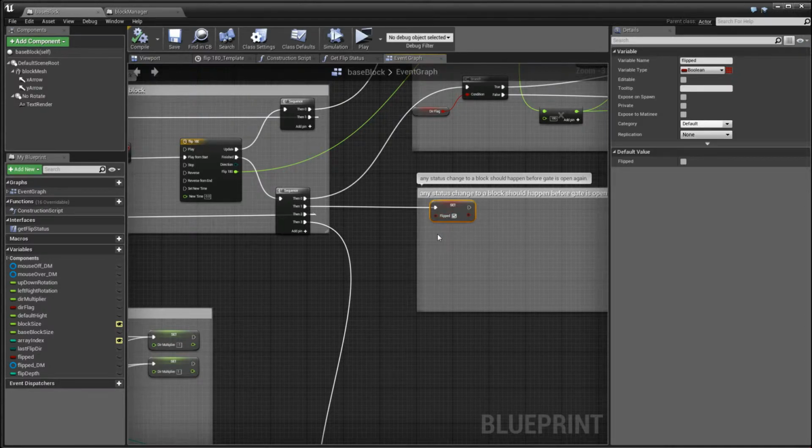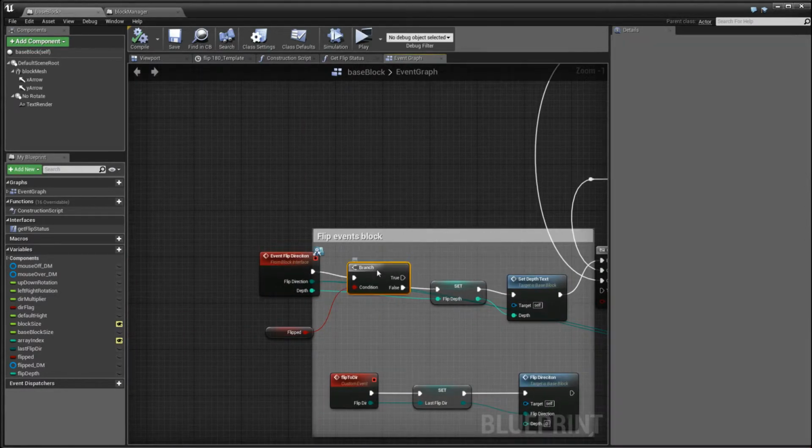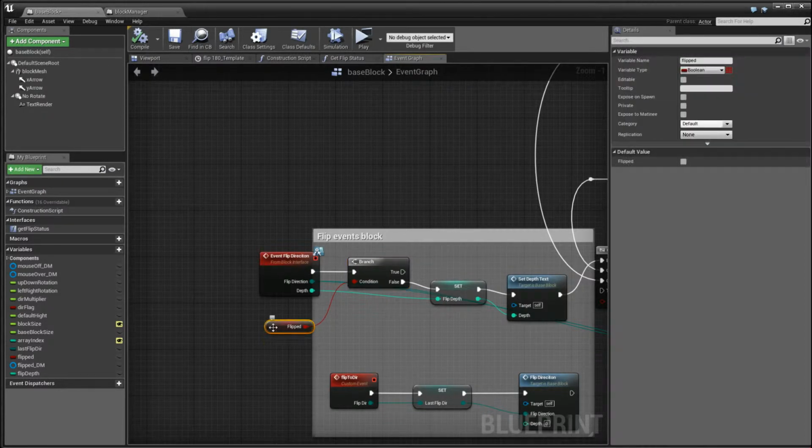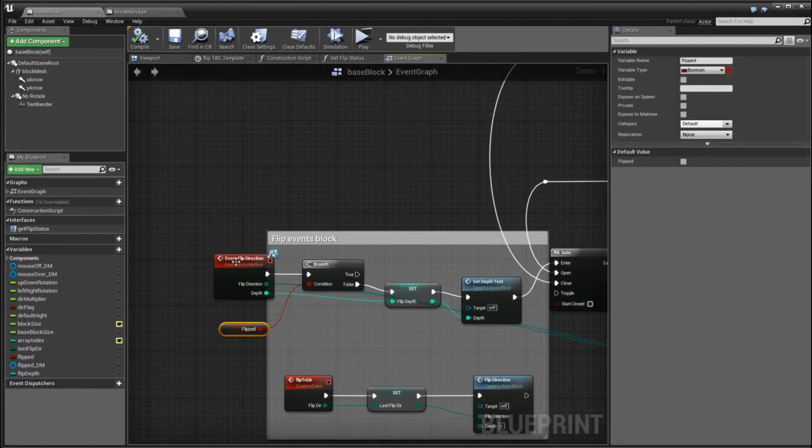Why? Because if we ever want to check if our block is flipped or not, it has to be done before the animation is done and the gate opens. Otherwise, when the gate is opened, and if another flip direction event comes through, our flip is not set yet, because it's next in sequence.